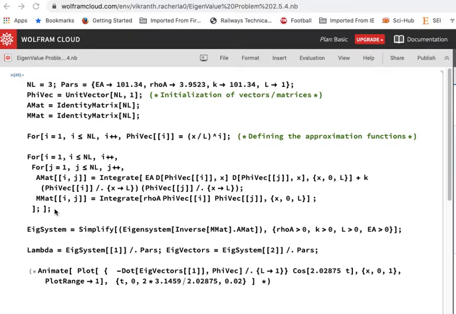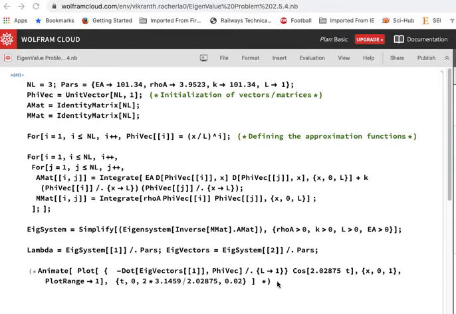And once you get that, then we can solve the problem of M inverse A minus lambda I multiplied by C equals 0. So then we can get the eigenvectors and eigenvalues by solving this particular equation. Once you solve the problem, you can get your eigenvalues and you can get your eigenvectors.